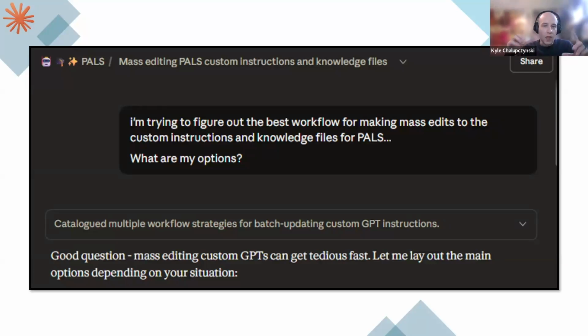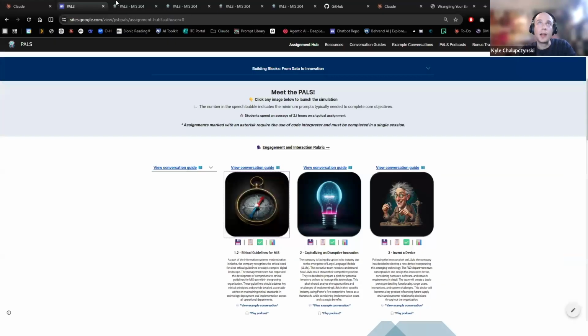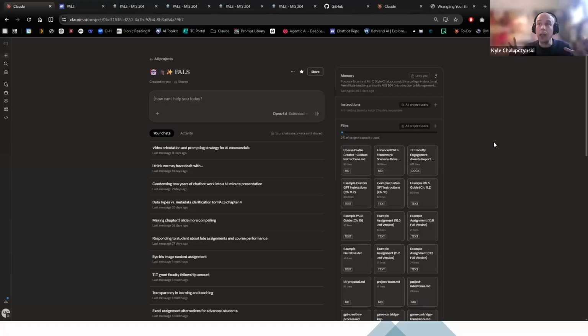Now, I already had a Claude project set up around the whole PALS framework that I had used for months and months of building and ideating and brainstorming and then saving all of our decisions as artifacts there. And actually, I'll pull that up so you can see that. If you're not using projects, whether it's in Claude or ChatGPT, I highly recommend that for keeping everything in one place. I know, again, that's not the point of this today, but